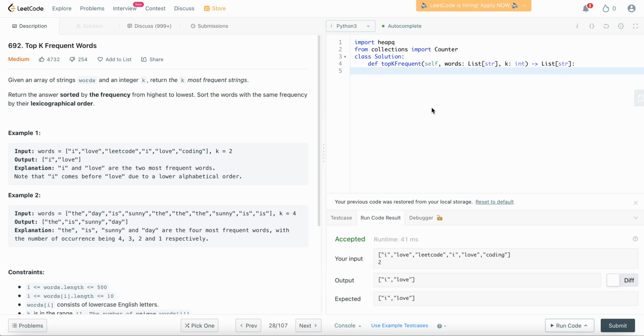So I'm going to use a max heap in this scenario because we want to return the maximum, the top k, sorted by the highest to lowest frequency. So in order to return the answer sorted by frequency from highest to lowest, I'm going to create a heap array,